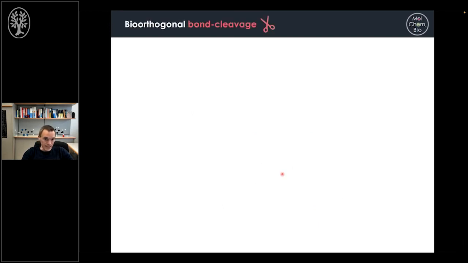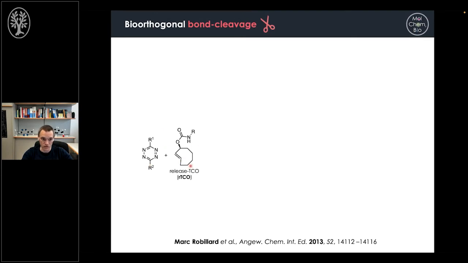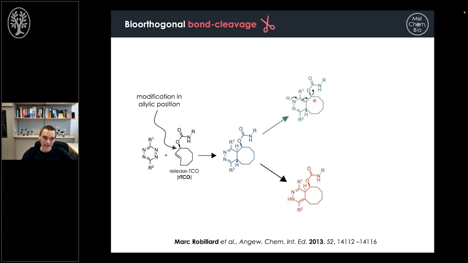Also mentioned already, and that's sort of the main motivation of my talk, is the advancement of tetrazine-TCO chemistry to bond cleavage reactions. So as shown already before, we can react a tetrazine with a trans-cyclooctene, as we later call it the release TCO, which is modified here in the allylic position. This will undergo a classical tetrazine-TCO ligation, and then depending on the two different routes for tautomerization, as shown before, form different isomers,